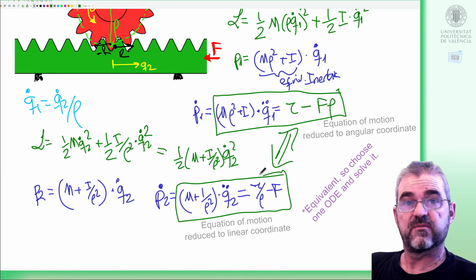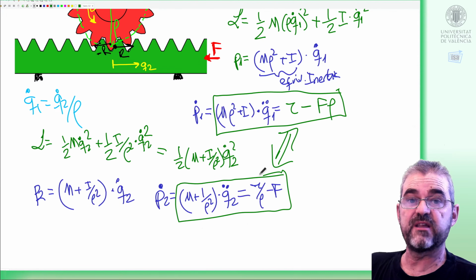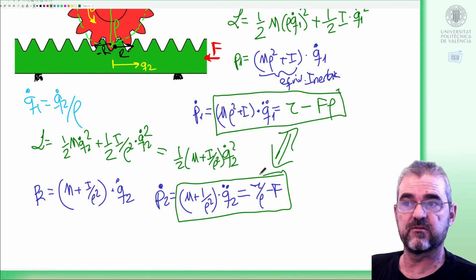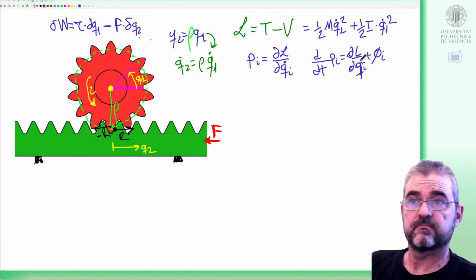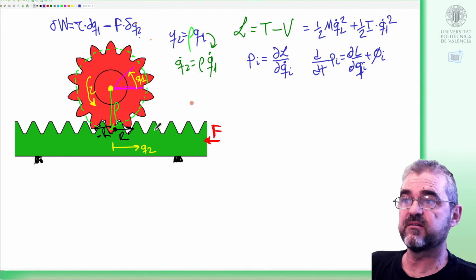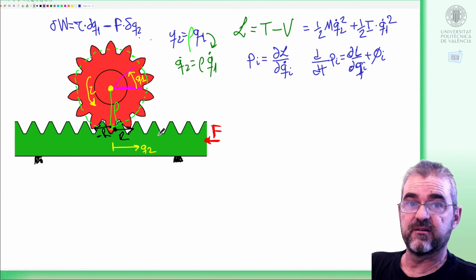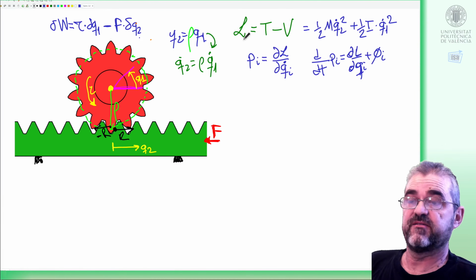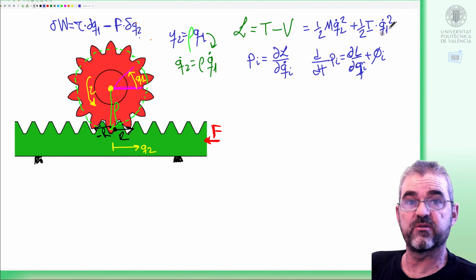Good. Now we will do it in a third way, which will be with the constrained Euler-Lagrange equations, as follows. We will now write the equations without eliminating q1 and q2. It's much easier if I eliminate one of the variables at the start, but okay, it's an equivalent way of doing it. So the thing is that if I am going to use these partial derivatives with respect to q1 and